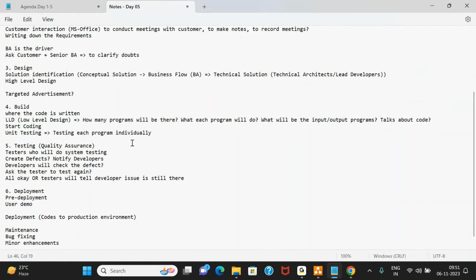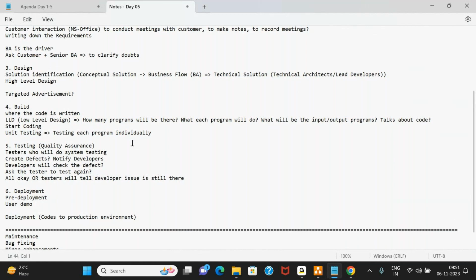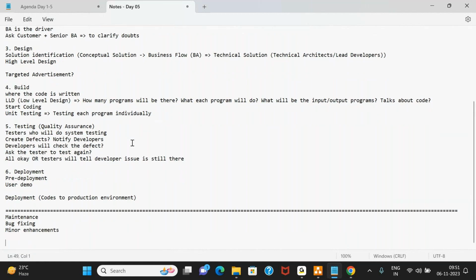But before we go on to maintenance, so far any questions guys with respect to these six phases that we covered so far? Okay, so I would assume silence has no questions. So